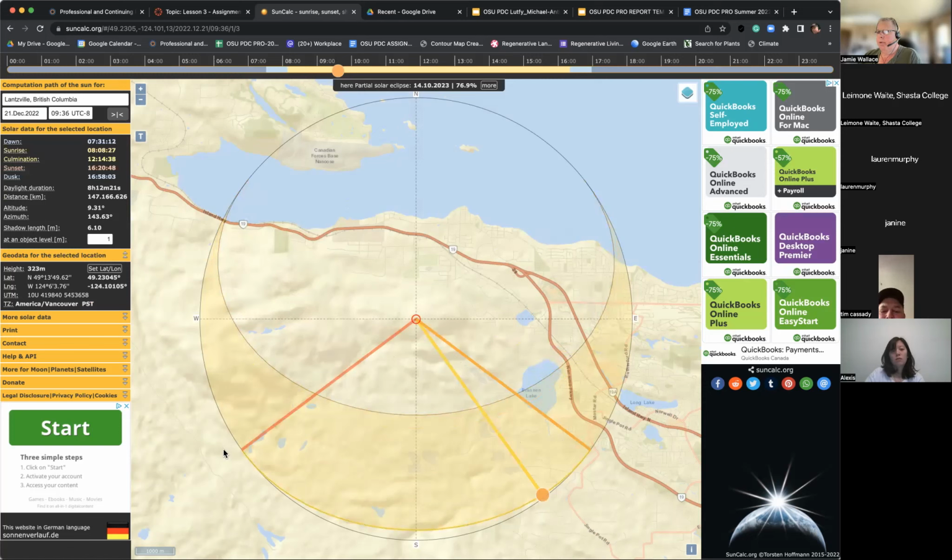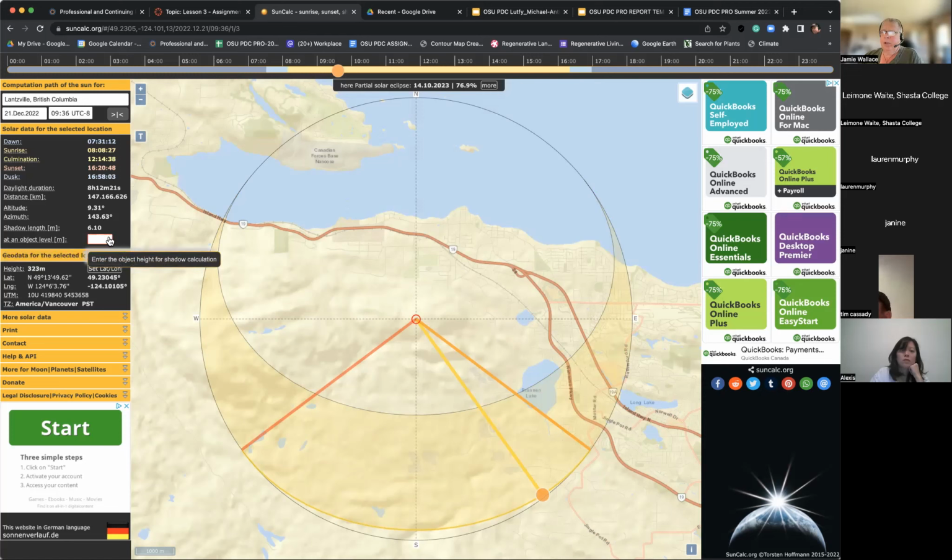And how that would affect. So I believe that is our current position of the sun today, so we would ignore that. But graphically, it's quite easy to capture this. And then we also have some altitude and azimuth information here if one wanted to know that. And then some shadow information